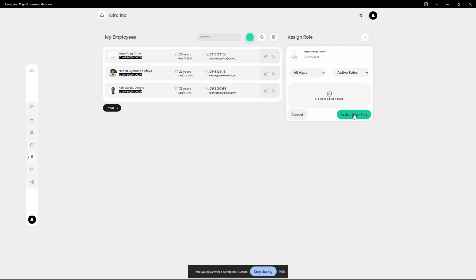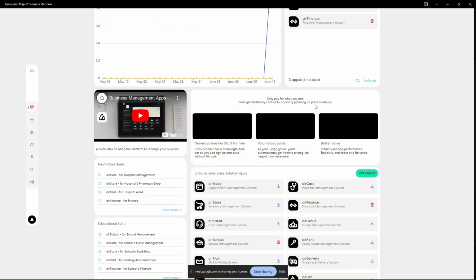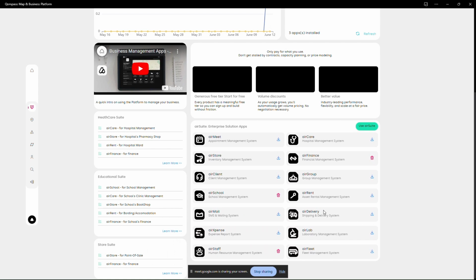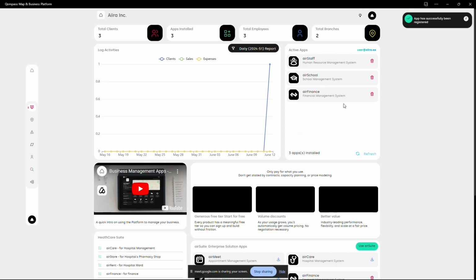Assign a role. We currently don't have the rental management app here, so how can we install it? You can simply install any app you want here. For example, if you choose store, you can just click install. You have this pop-up to install, or we are doing airRent here, so that's a rental management app installed. You see that we can go back to our